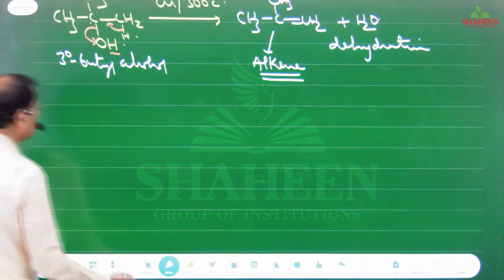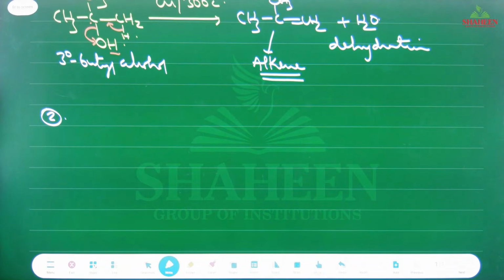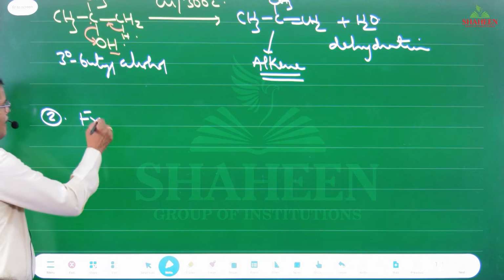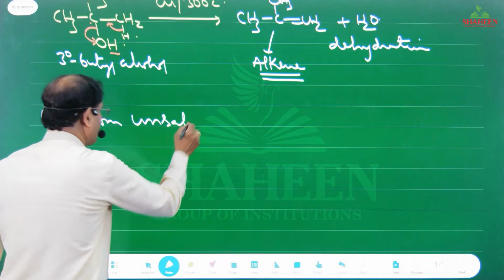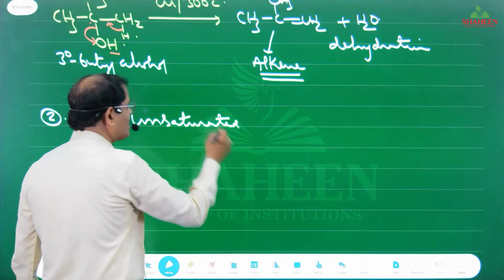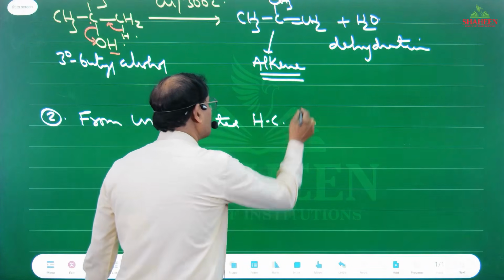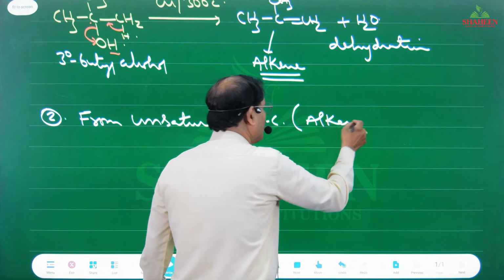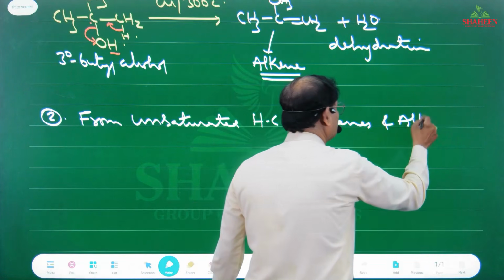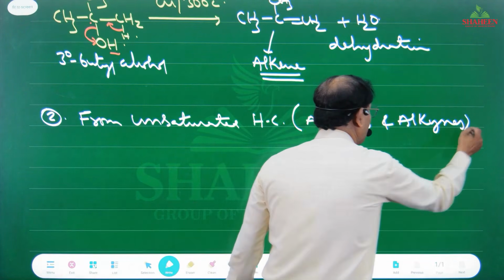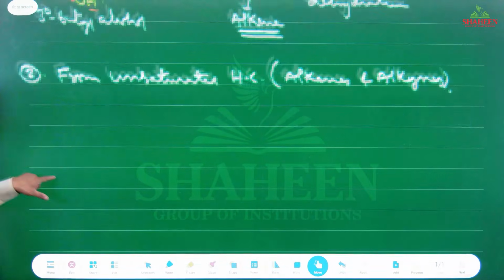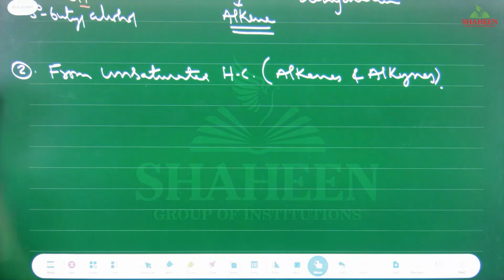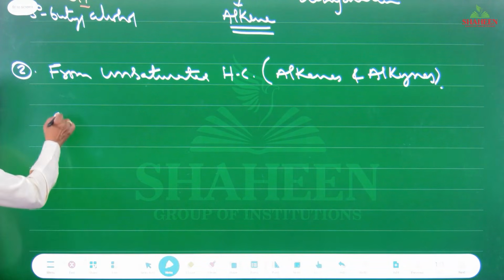Then we'll go with the second one, which is from unsaturated hydrocarbons. Unsaturated hydrocarbons, that is alkenes and alkynes. From alkenes and alkynes, how are we going to prepare carbonyl compounds? The first one is